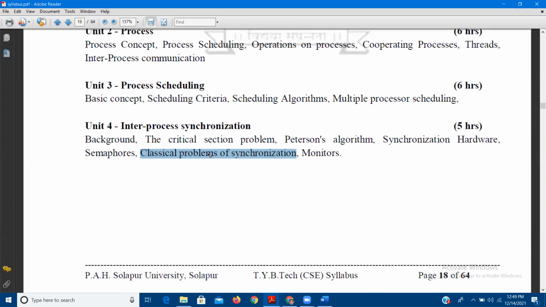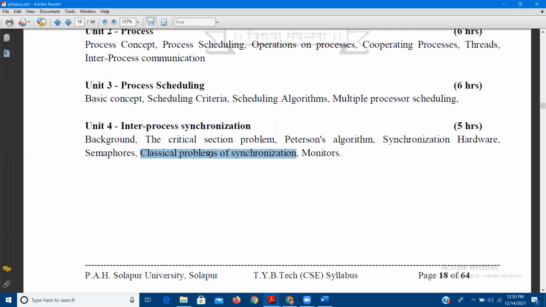But in real life, it may happen that the item produced by P1 is consumed by consumer C2 or C3 or C4. Or the item produced by P2 may be consumed by consumer C1.